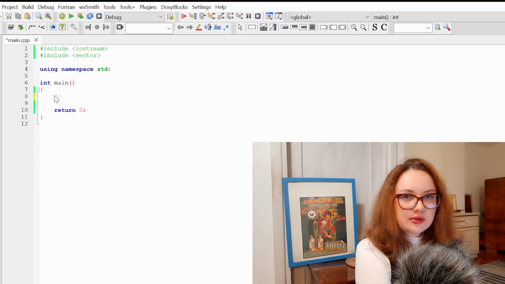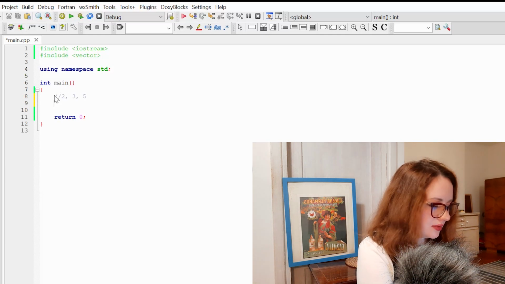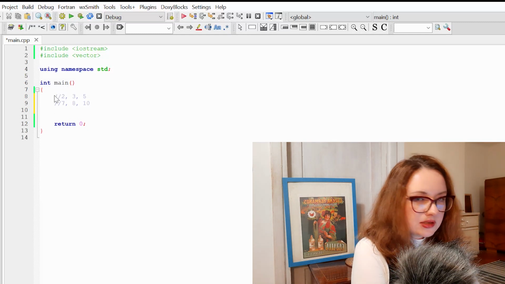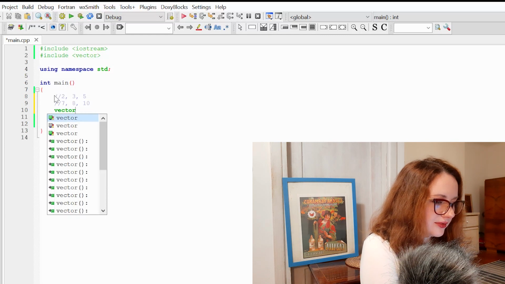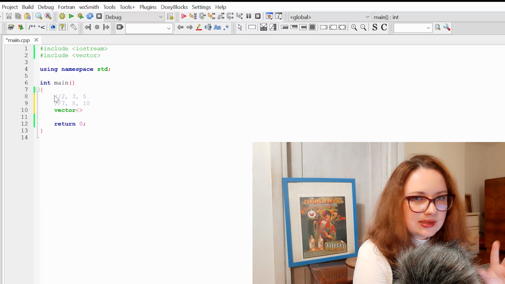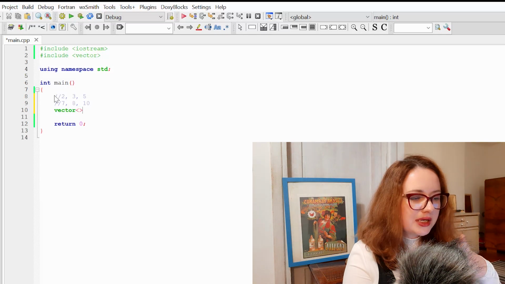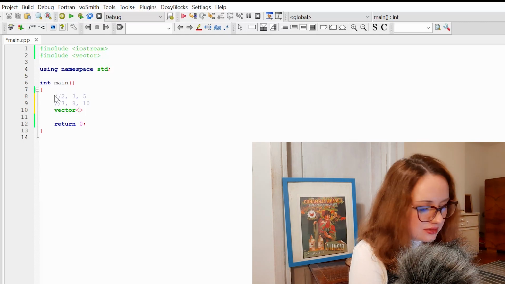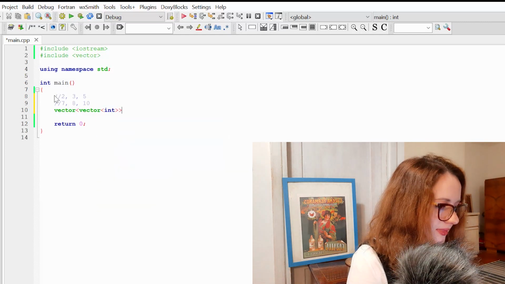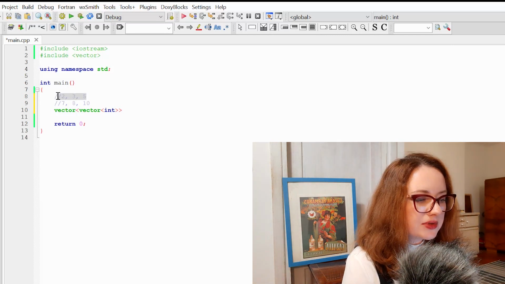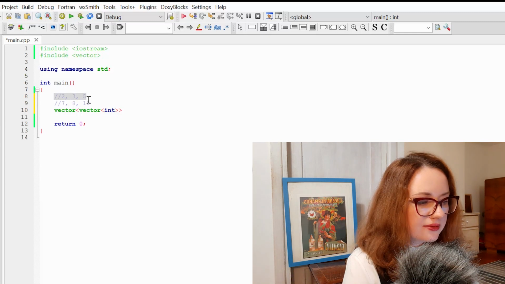So if, for example, I want to create multidimensional vector, so it will be some matrix that will look like this. To do this, I will declare vector of vectors. So let's once again write vector. And in this triangle bracket, sorry, I don't know what its name is, I'm going to write once again vector of integers. And you can see that now I have vector of vectors. So my first vector will be 2, 3, 5.